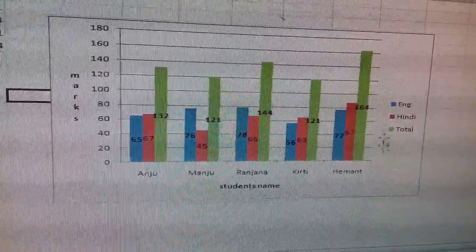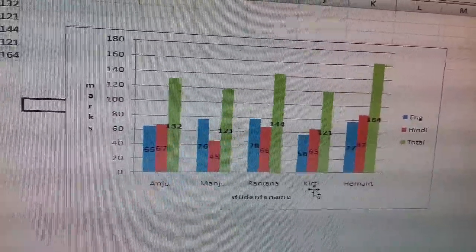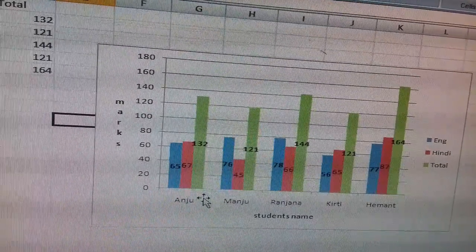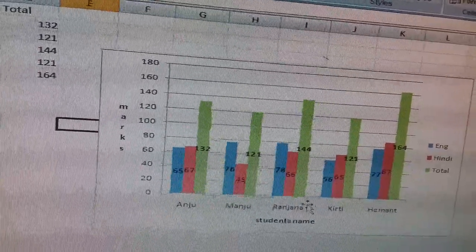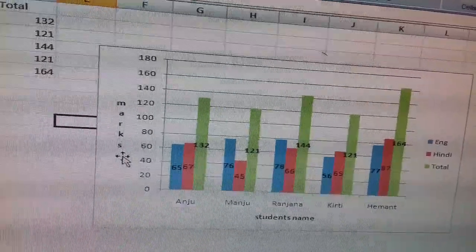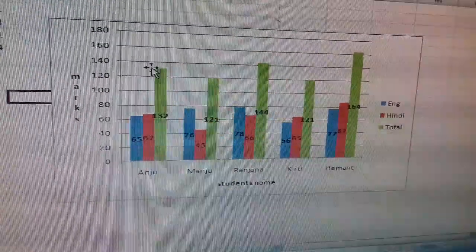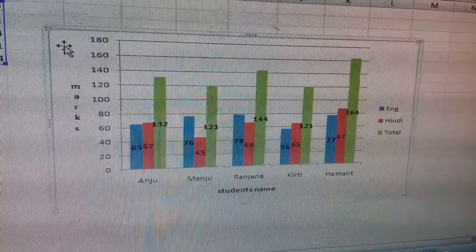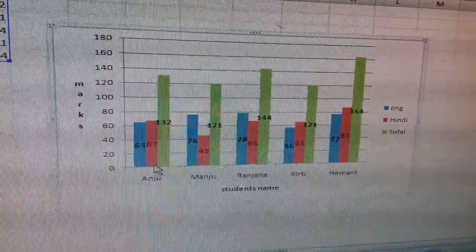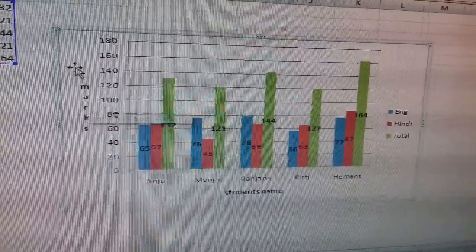Now see children, this is what is written here, student name. This title of this category axis, the X category, is called category name. It is category axis and it is category name. It is value axis and it is named. You can name what is displayed on that side. So we have learned chart area. This is chart area. This is data series. This is category axis. This is value axis. This is category name, and this is value name.